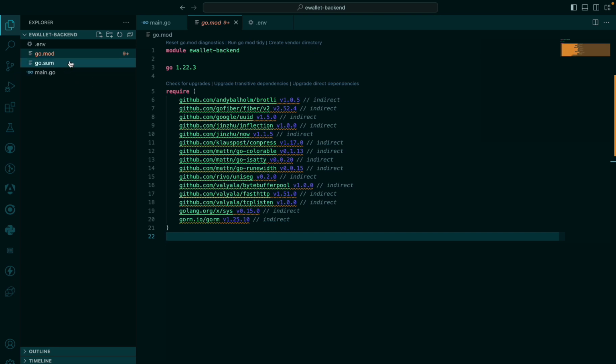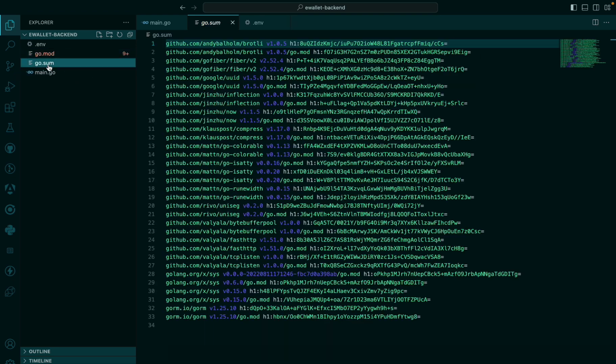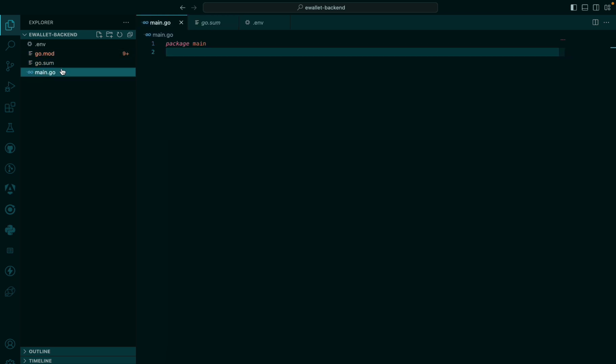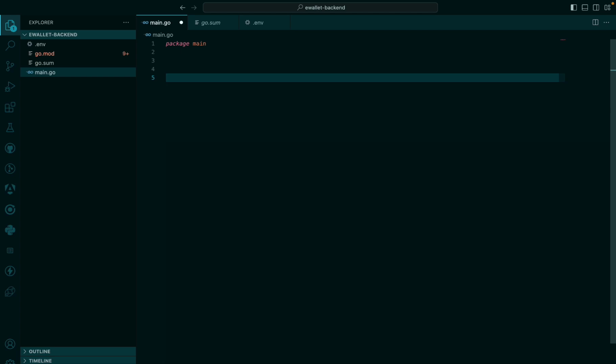So this go.mod sounds like a package.json. And this go.sum sounds like your package-lock.json, stuff like that on Node.js. I think there is something like that. So anyway, let's come here inside our